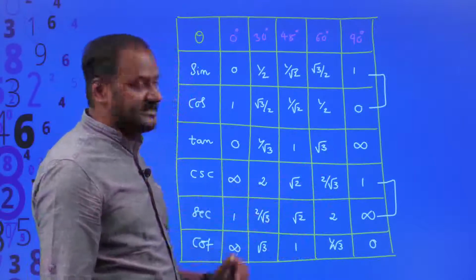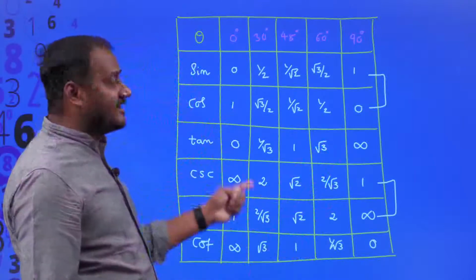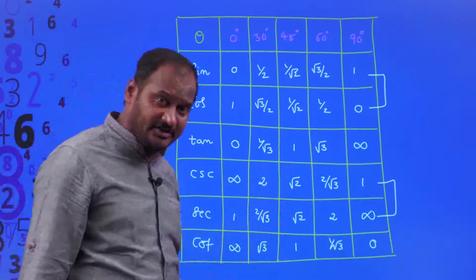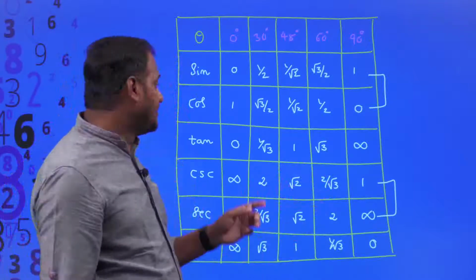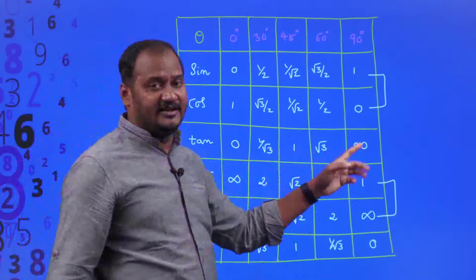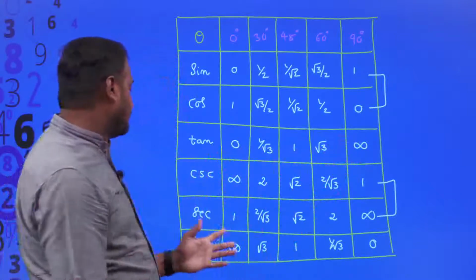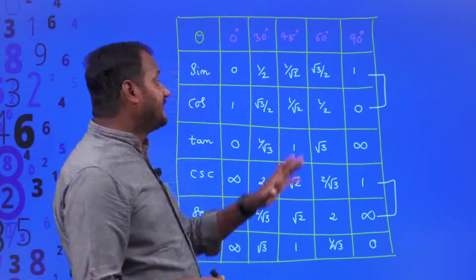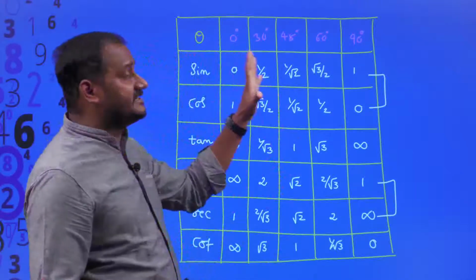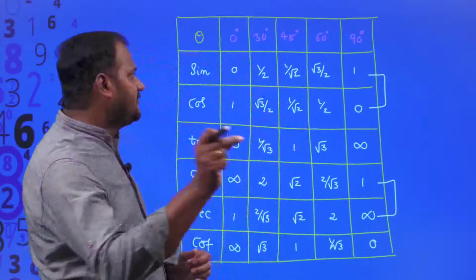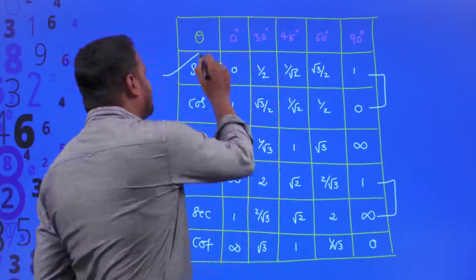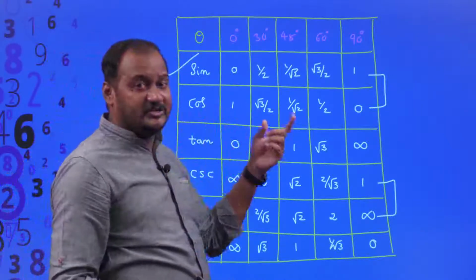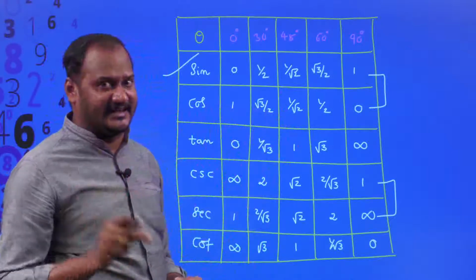Like that we can find secant values, as well as tan and cot. Both are co-ratios again. Of course, they are co-ratios as well as reciprocals. If you remember the values of tan, 1 by tan values will become cot values. So this way you can easily figure out the values of every single trigonometric ratio if you just remember the values of sine. I will just give you one more hint to remember the values of sine exactly.